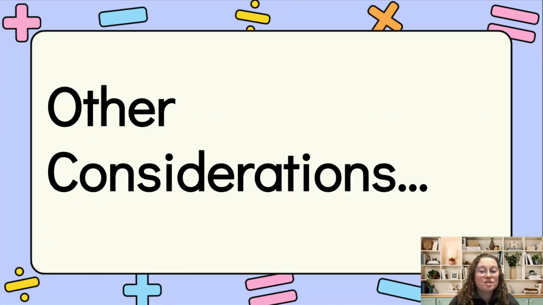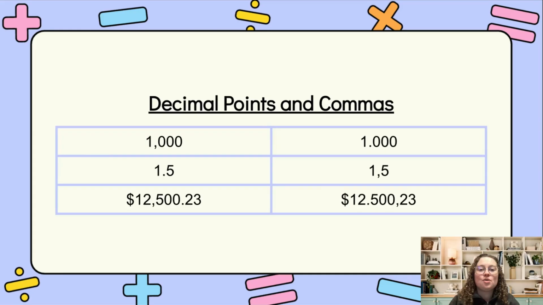Some other considerations too with math. We use decimal points and commas in a certain way. For example, this is the number 1000. I'm using a comma to separate the thousandths place and the hundredths place. Here I have 1 and 5/10, or 1.5. The decimal is here. Or here's a large number of money,